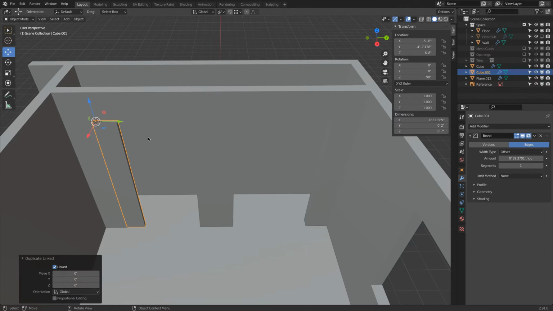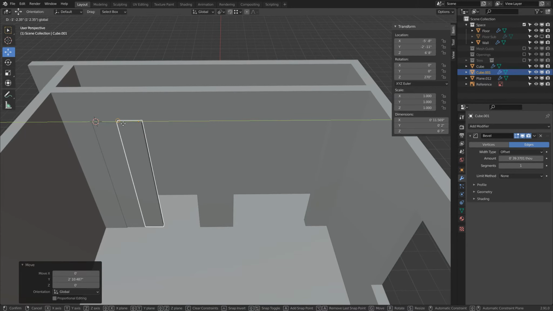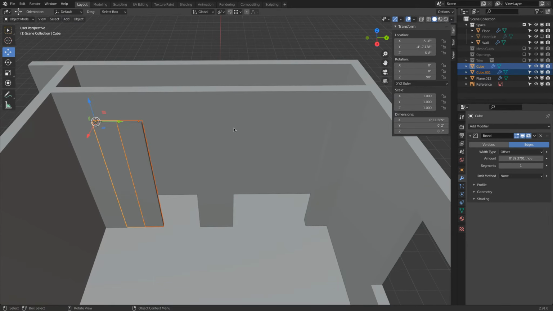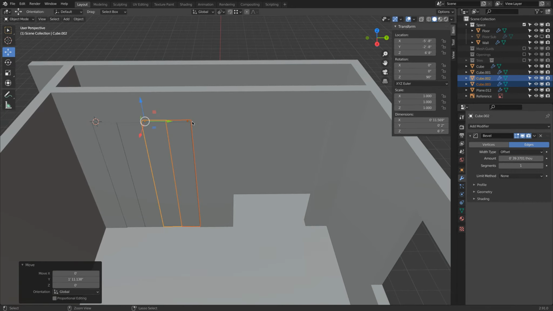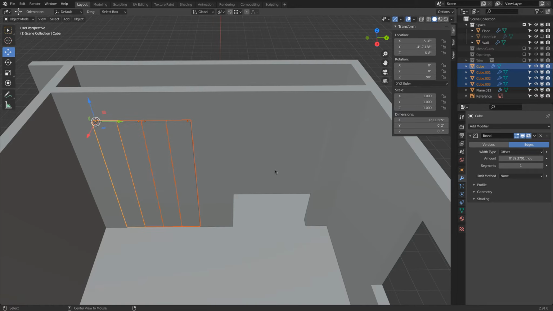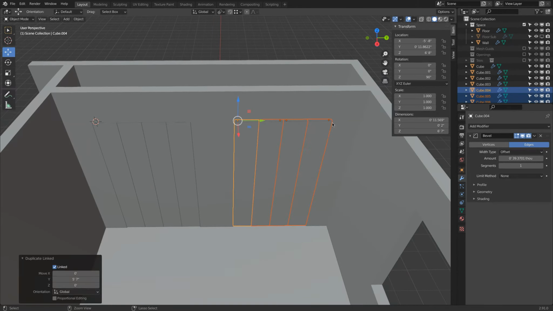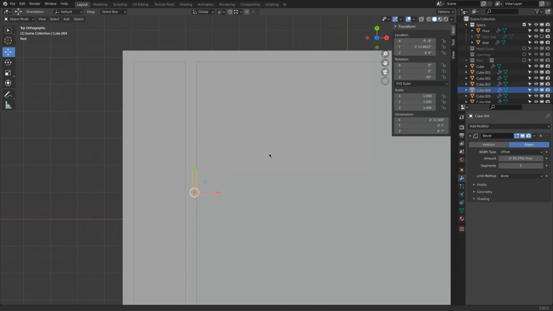Alt D and escape, R Z 180, and then we can even snap this together. There, select both. Alt D. There, select all 4, Alt D along Y, move this over there. So, and then the kind of cool thing